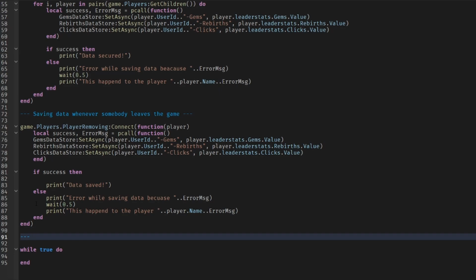Okay, so that's a little problem we are having. So saving data every 60 seconds like that, and boom. So in this while true do, we can